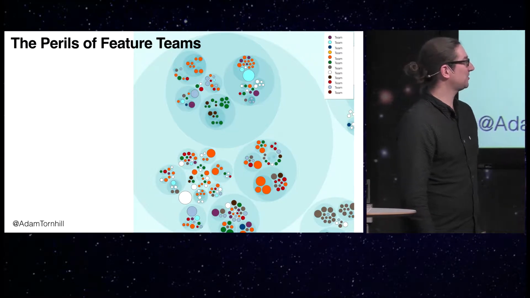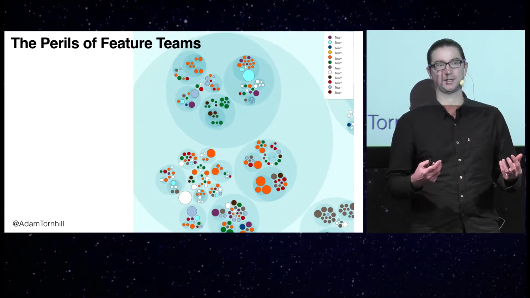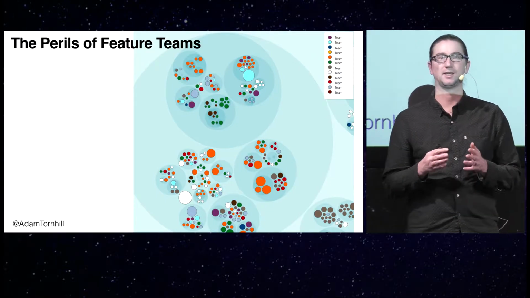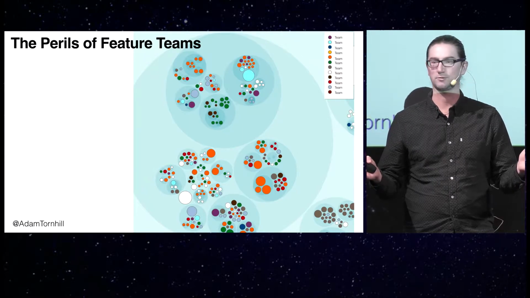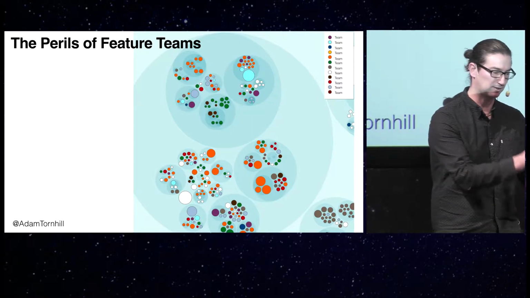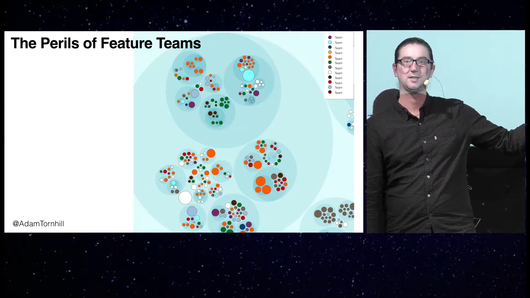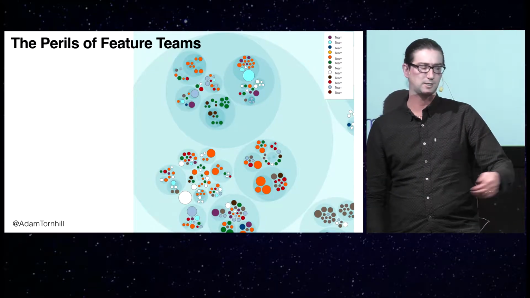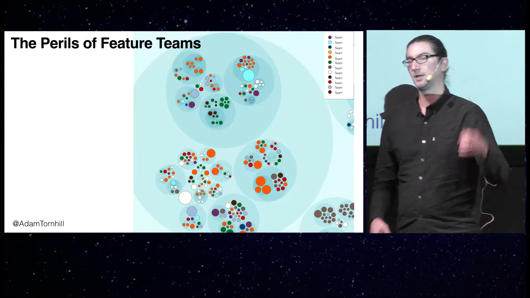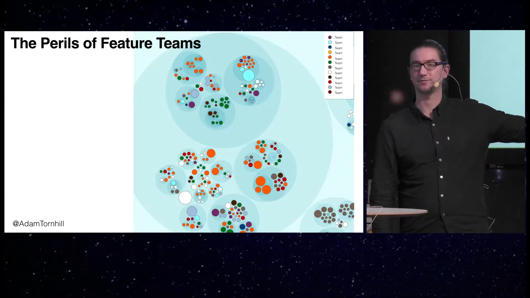This is an organization I worked with, I think a year ago. What this organization did was that they had a component-based architecture. Someone went to a conference, learned about feature teams and thought, wow, that's a great idea to shorten the lead times. So they took the organization and sliced it into 12 different feature teams, and then launched them on the code base. They worked in two-week iterations, and at the start of each sprint, each team was given a number of stories to complete. And what this data shows you is where the teams actually worked during a single month.